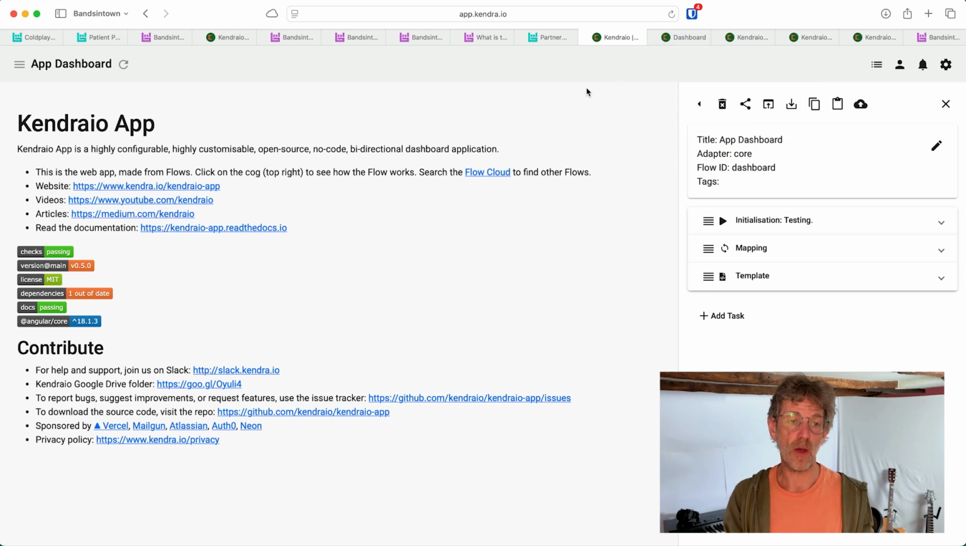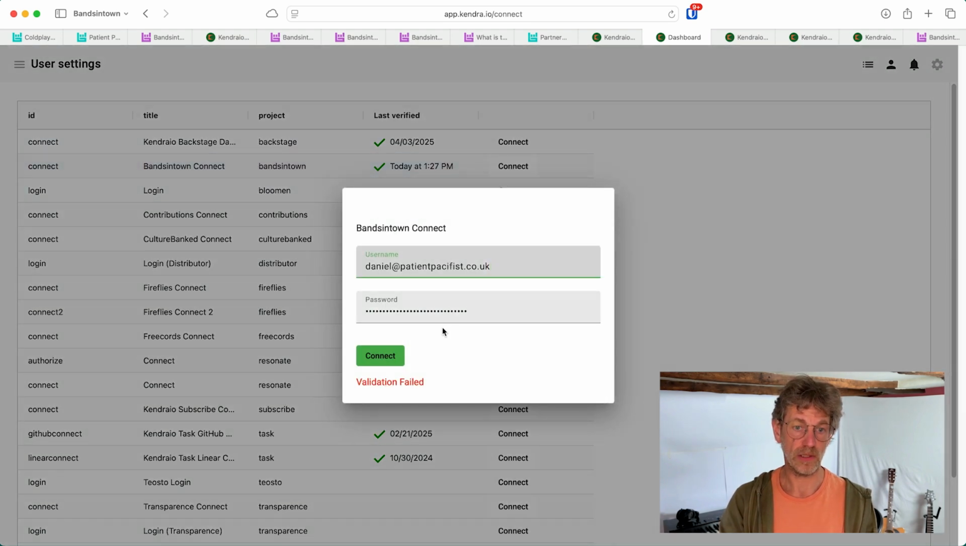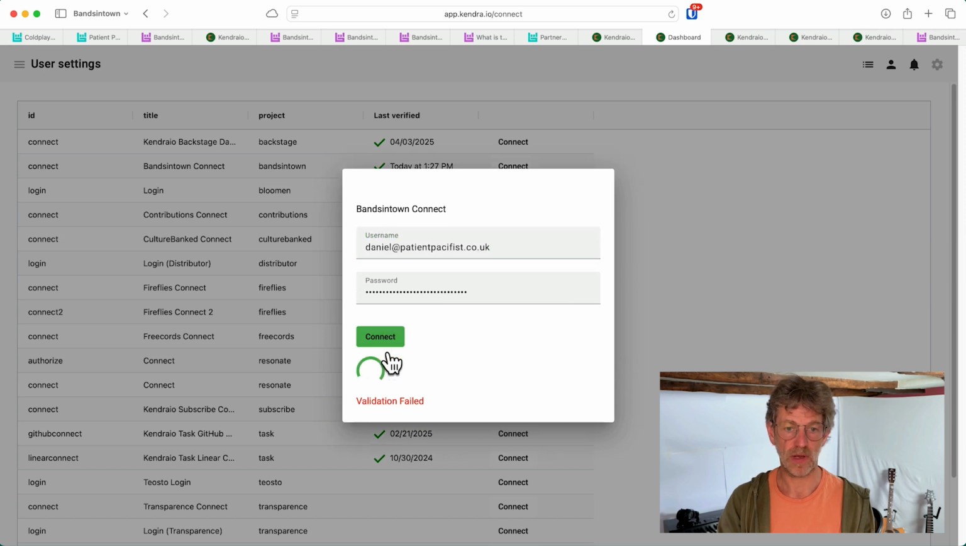So first of all, I want to go back to Bandsintown and show you how we integrate with it and what we can do with it. So if I go to our Connect screen, we can log into Bandsintown much like we log into Bandsintown on the website. So if I connect there,